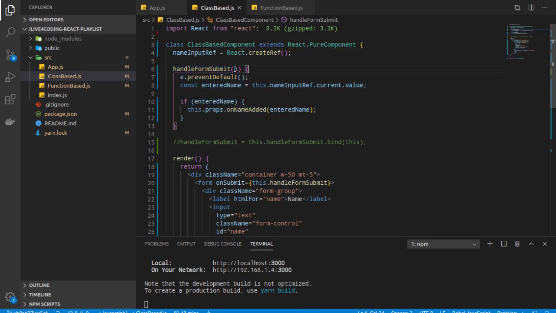And what is this e? Actually, when the onSubmit handler is called, it passes an event to our function. So this is our function, and onSubmit, when it calls this function, passes e, which is the event. The event contains all the basic details about that particular event.